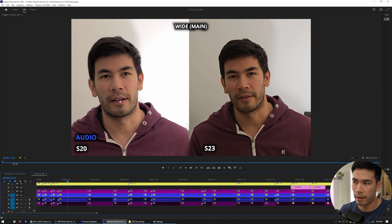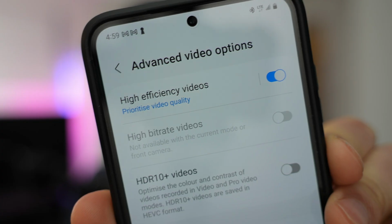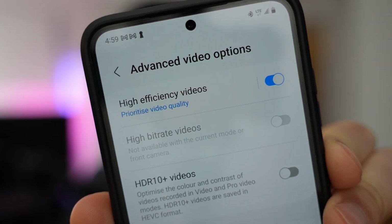Now, it may be affected by the actual codec I'm using. It could be that in this scene, the S23 is using the HEVC codec, and it wasn't prioritized to use high quality mode. I can show you what that means. Let me quickly show you. So you can see that high efficiency video prioritizes video quality. Now, I'm pretty sure I enabled HEVC with prioritized video quality, so I'm not sure what's happening here, but